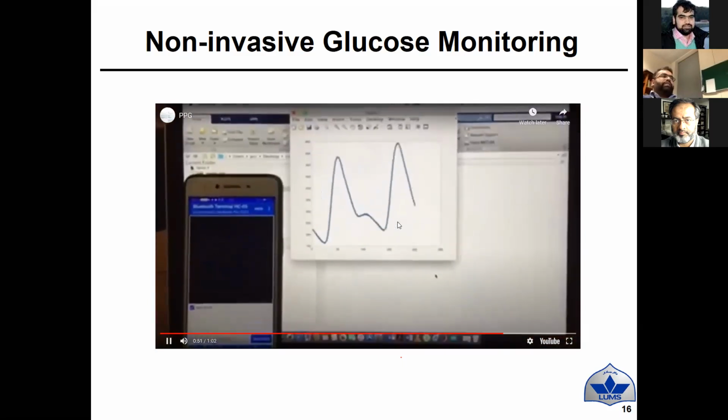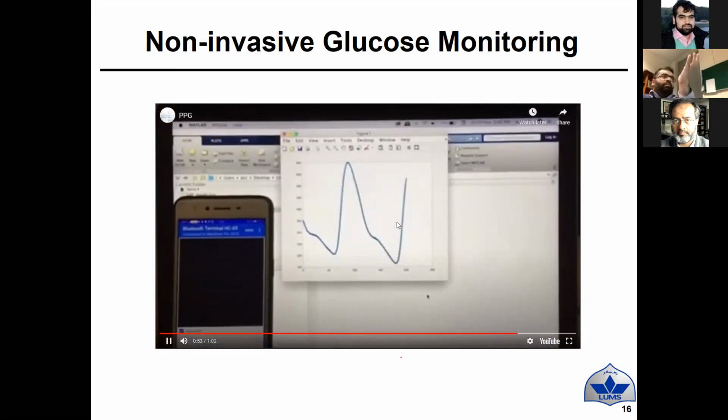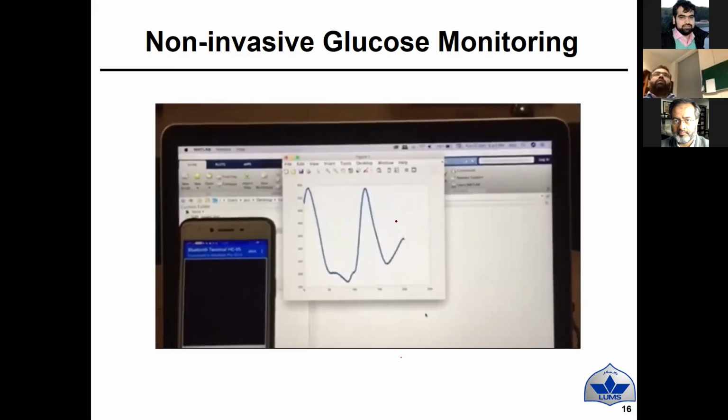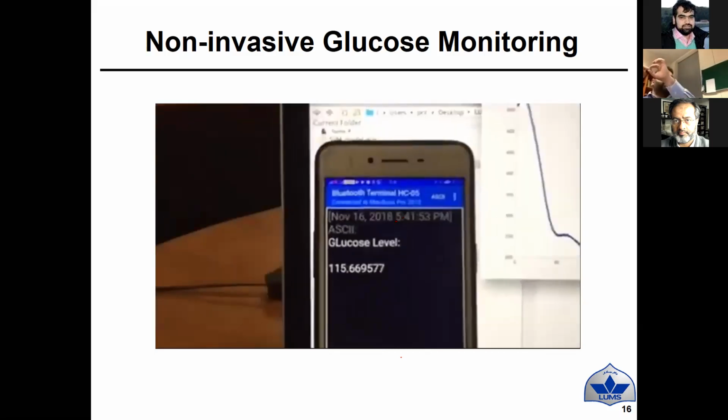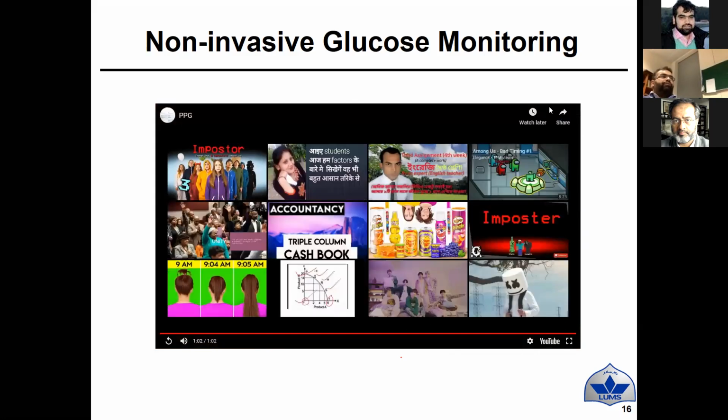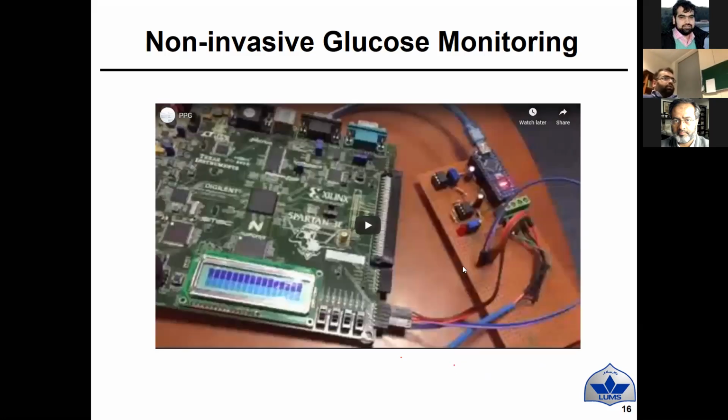At this moment, as I was saying, it's more like a lab environment, but ultimately our next phase is this. We want to make it a very small case. It should be a very small device. So you can see the overall glucose value is 1115, and then we can look into it later. Right. I will share these links with Numan.